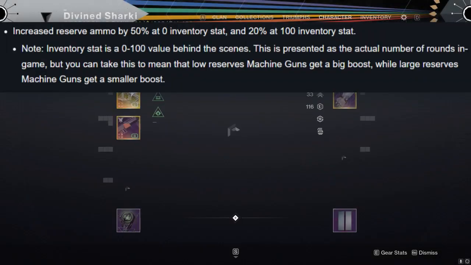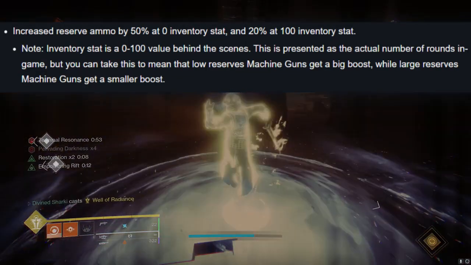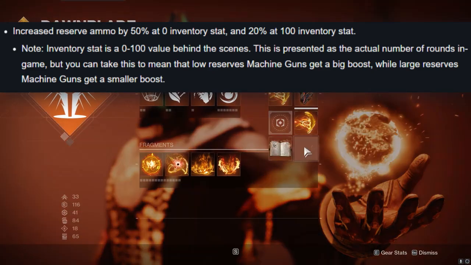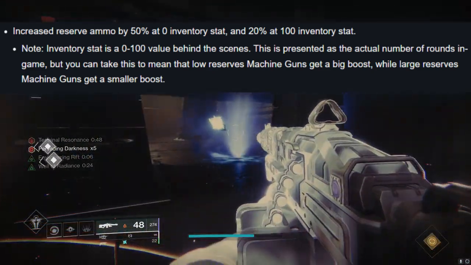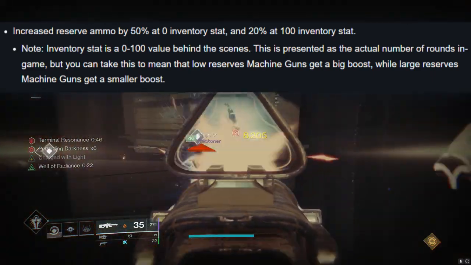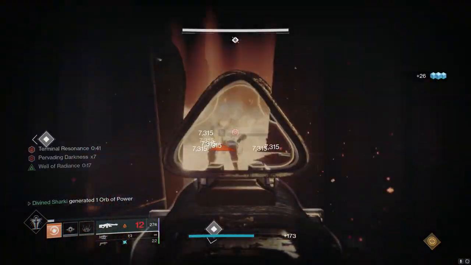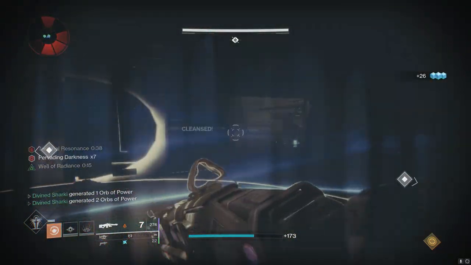The ammo reserve buff is going to go by 50% at a 0 inventory stat, and then 20% at 100 inventory stat. And then real quick, they explain basically what the inventory stat is. It's a 0 to 100 value stat behind the scenes that is presented by the actual number of rounds in game. Next up is the part that I think a lot of people are going to want a slice of,